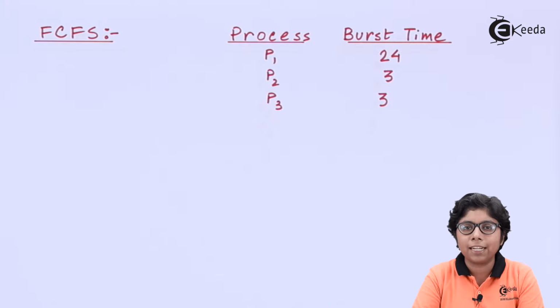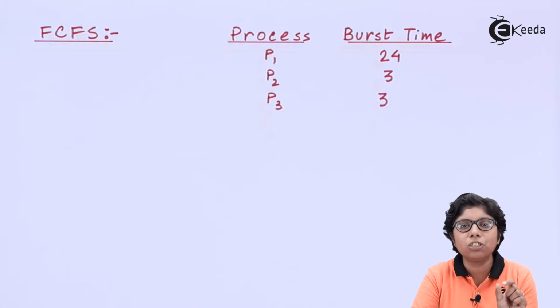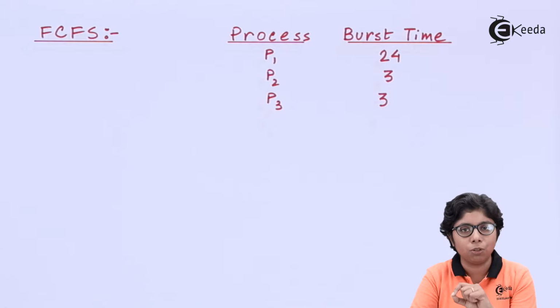Using this algorithm, we can implement it as a FIFO queue, that is a first in first out queue. The process that requests the CPU first will be served first. When a process enters the ready queue, its process control block or PCB is added to the tail of the queue, and when the CPU is free,